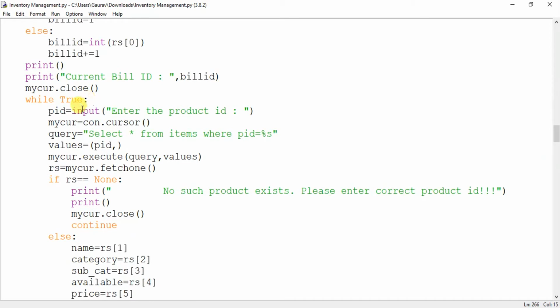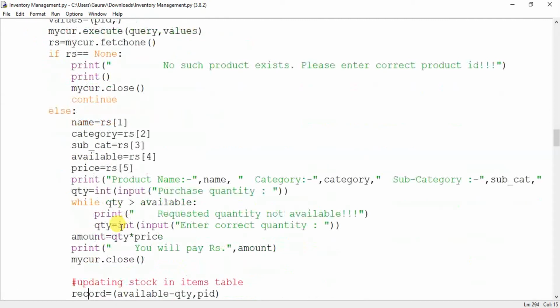So he will enter the product ID. Okay, if the product ID is not existing, then it will give this error message and it will go to the main menu. Otherwise it will give you the name of the product, the category, subcategory and the quantities that are there in your stock.